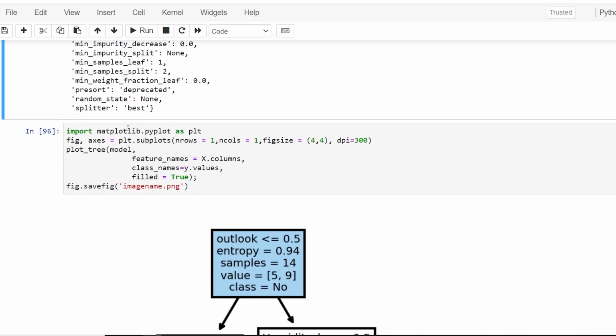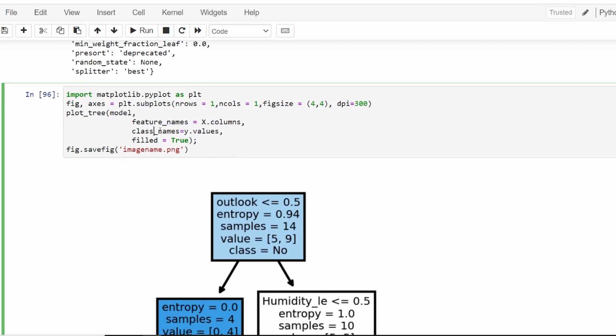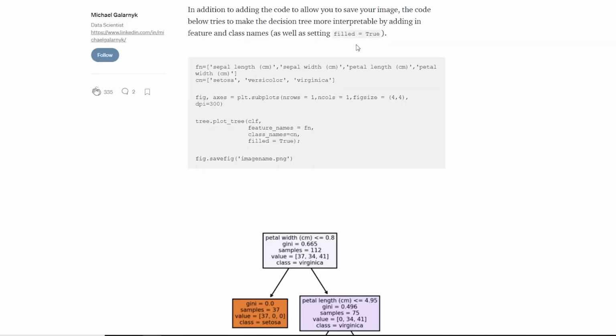And finally, I selected matplotlib, making the subplots. And finally, here I say plot tree with model, and feature names is equal to X.columns, the column names, with y values, all the values in the y. That is yes and no basically. And filled equal to true indicates that I have to fill it with colors. And I'm finally saving the image. So I actually got this